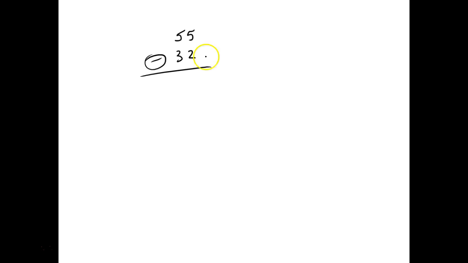So what we can do is take this bottom number right here and subtract it from 0, and generate a bar. So what would I do? That would make this a 10, that would make this a 9, and that would make this a 10. And what would that give me? That would give me 78.